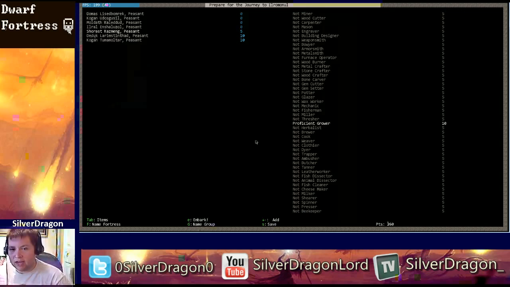We're going to raise that up to proficient grower. Brewer, we're going to put him up to competent, and then make him an adequate cook. So it's 10 in grower, 8 in brewer, and then 7 in cook. Alright, for the next dwarf, we're going to set him up as, let me see, I've got the 2 miners,